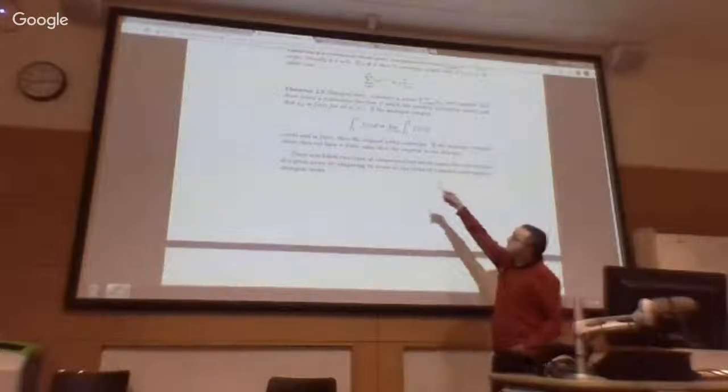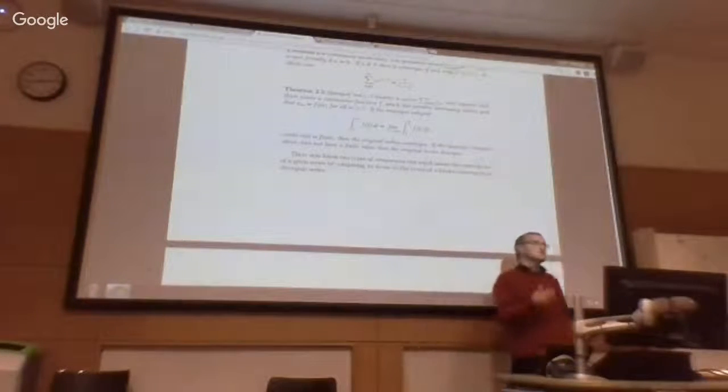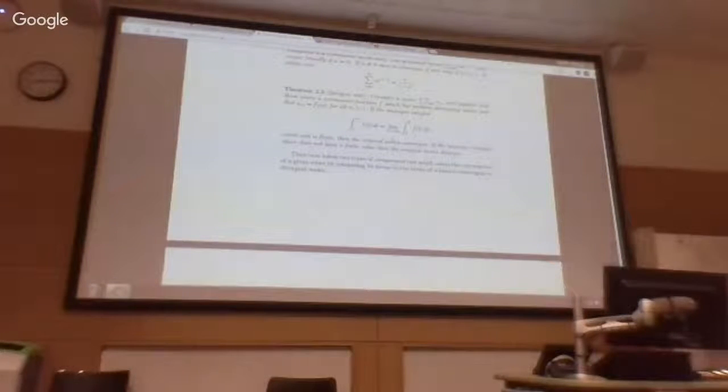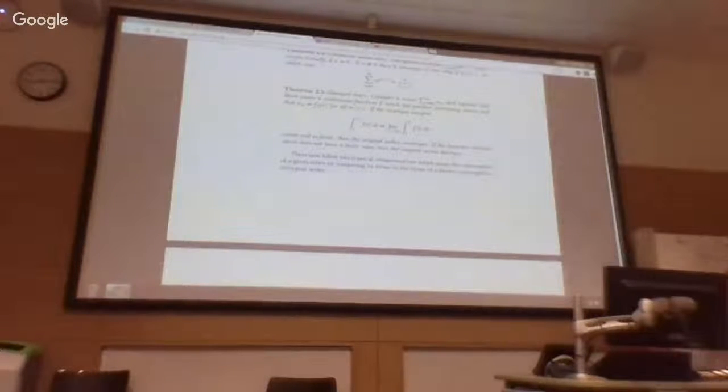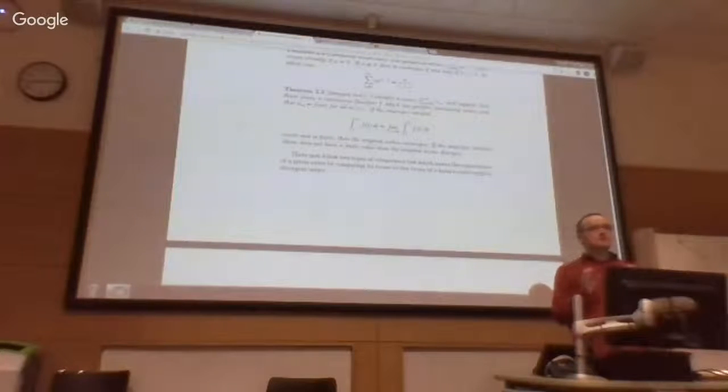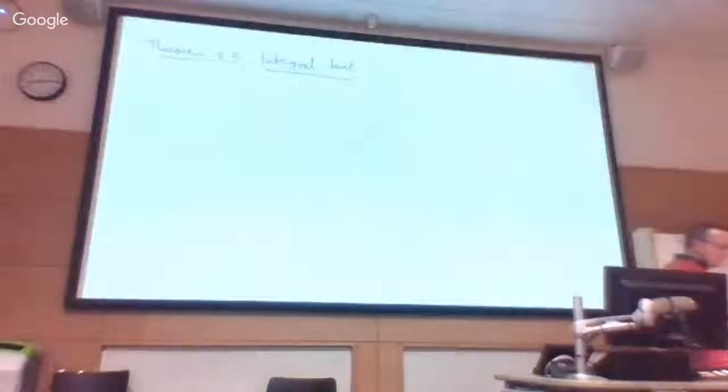And vice versa. If the infinite integral does not converge, if the infinite integral is equal to infinity, then so is the infinite series. The infinite series is divergent also. So it's saying that there's this link between the integral and the summation. If the integral converges, the integral comes to a finite value, then so does the series. And the same holds for divergence. If the integral diverges, so does the series. So the series and the integral have the same behavior in terms of convergence. They either both converge or they both diverge. So this provides a strong link